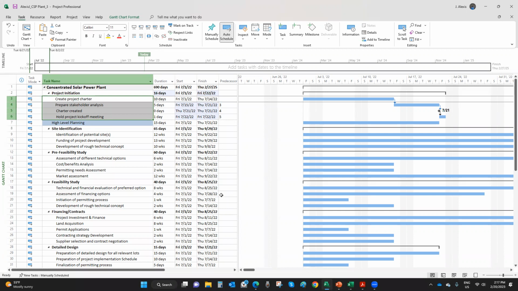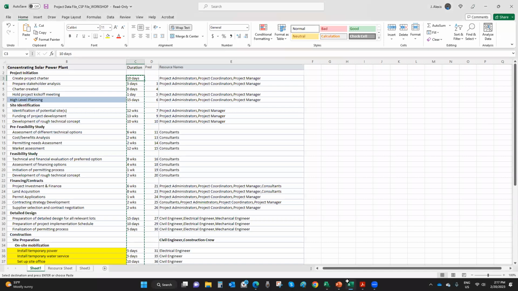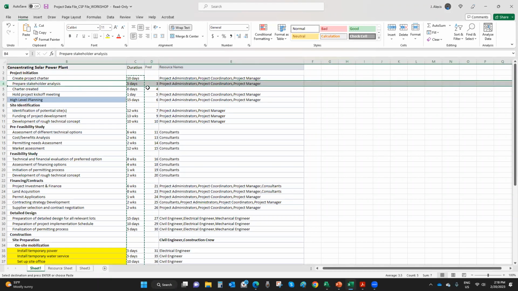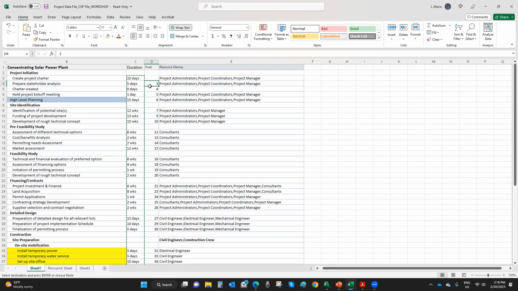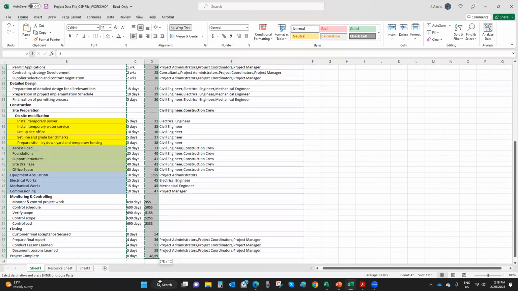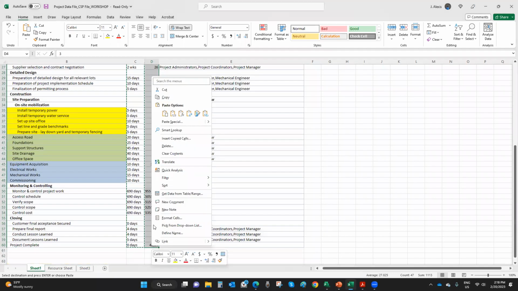So what I'm going to do, I'm going to go to the spreadsheet, right? I already have those relationships expressed here. So I'm going to copy this information and paste it into Microsoft Project. So make sure you copy Form 4, prepare stakeholder analysis, and I'm going to talk about this in a minute. So I'm going to copy Form 4, prepare stakeholder analysis, all the way down to here,